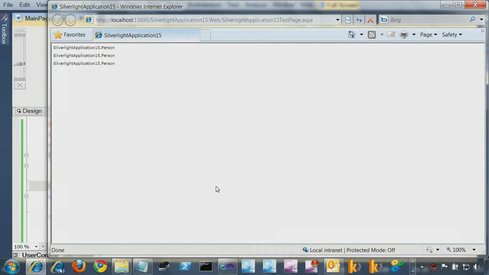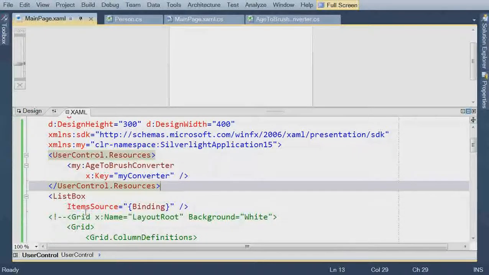And so you'll notice that what we're doing is displaying 3 people as best the list box can. It doesn't actually know what to do with them. You can see that there's 3 people, but it doesn't know what to do with them. So we have a notion of having a sort of per item template to deal with this. So what we could do is say, okay,